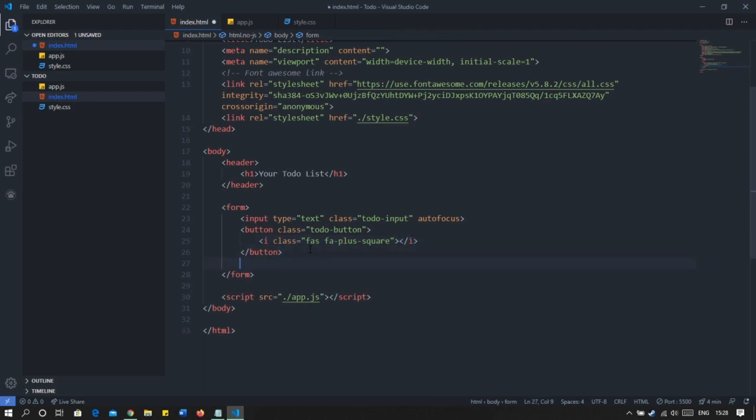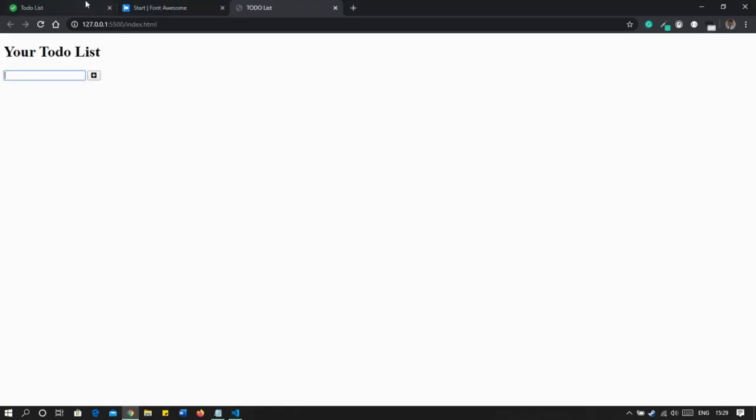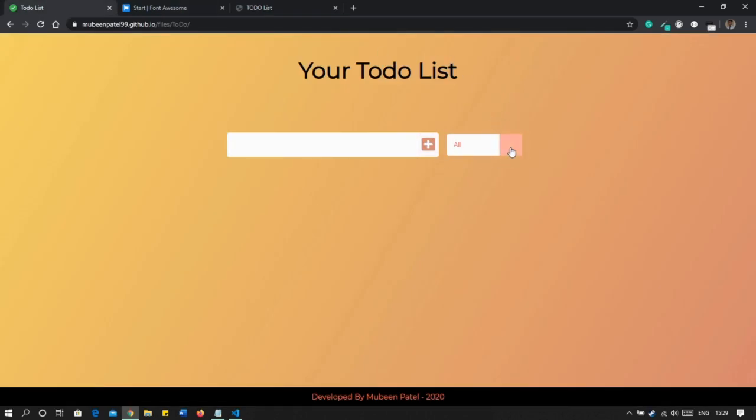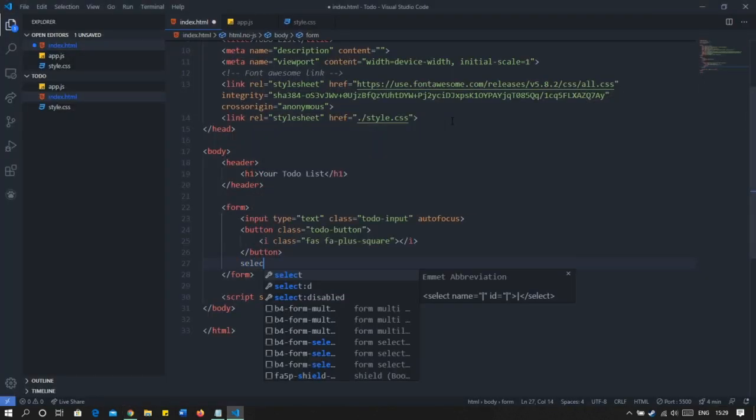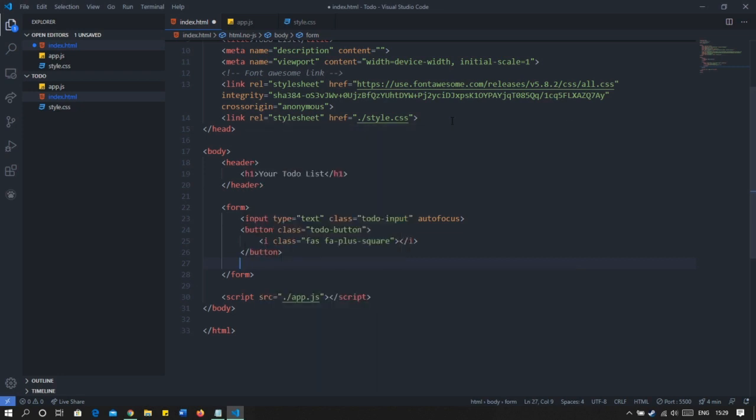Then we will have a division where we will filter our to-dos. So this will be used to filter. For that we will create a division with class select.